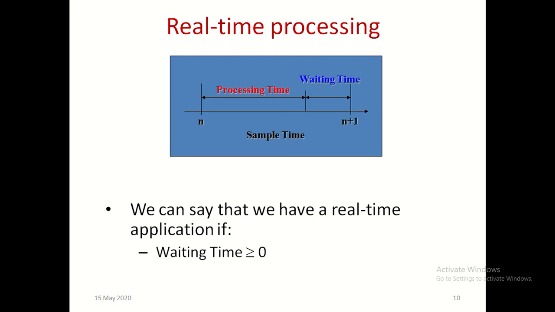So you also should have some waiting time. You should not occupy this entire space, the delta t between n and n plus 1, for your processing, because your algorithm also makes use of a stack. So pushing and popping operations take place, and context switching takes place. That is why your task should take less than delta t, and then only real-time processing takes place.